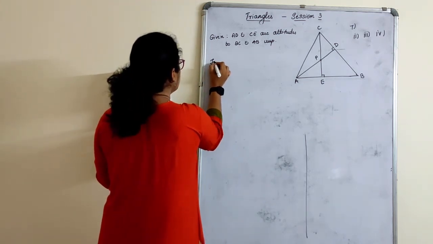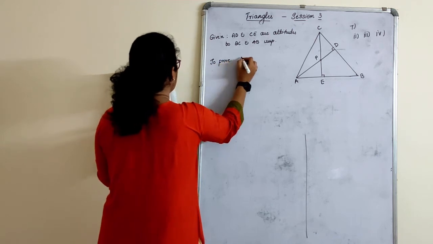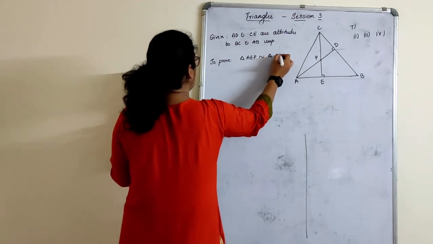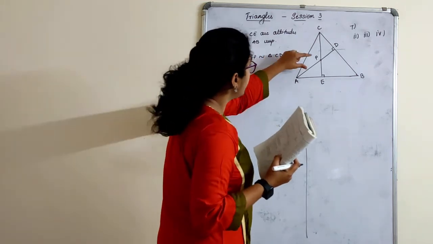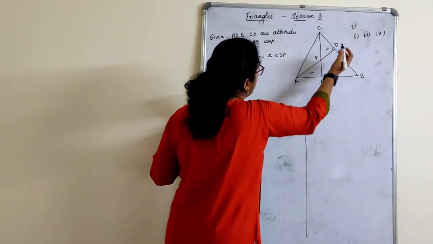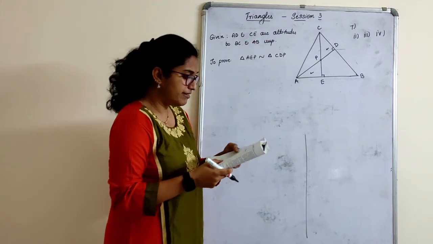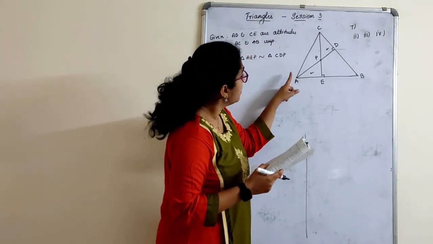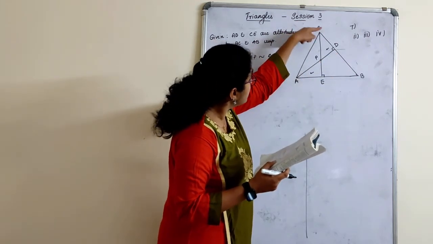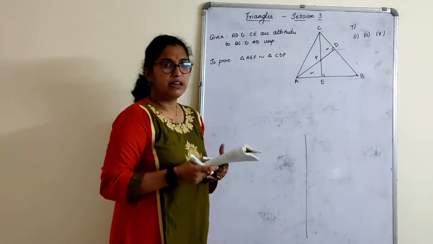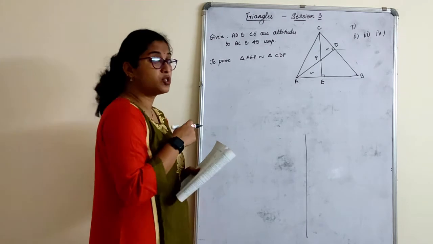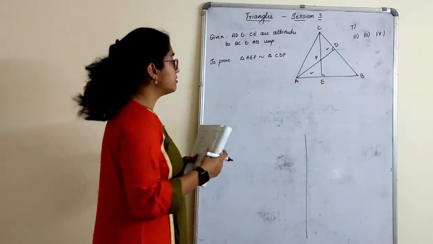To prove, I only choose the first one because the remaining you are doing. Triangle AEP is similar to triangle CDP. AEP is this smaller one, and it equals CDP. These two smaller ones I am proving. Now next is ABD and next is CBE. So in every triangle what you will find is one 90 degree and one common angle. Same thing. What I use for the first one, you have to use the same rule for the next three also.